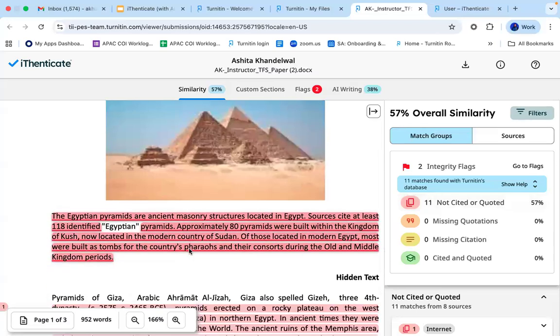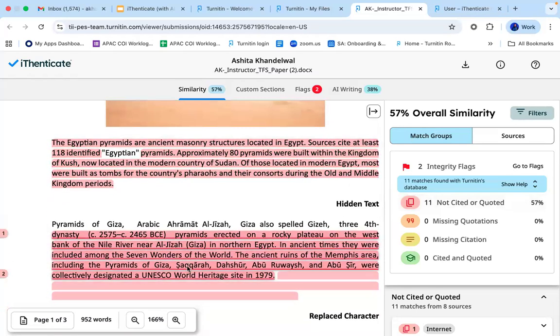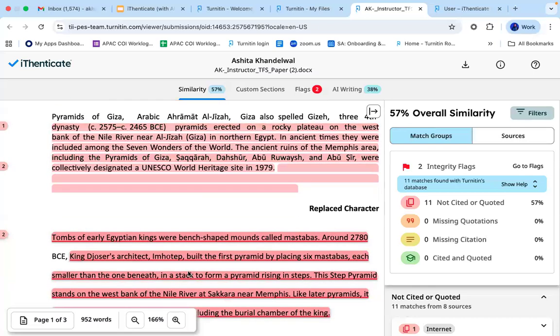But it's always recommended that whenever you find any text in red color, you cross check it. There could be some common facts, topics, or statements that don't require any citation or quotation and are not considered plagiarized.